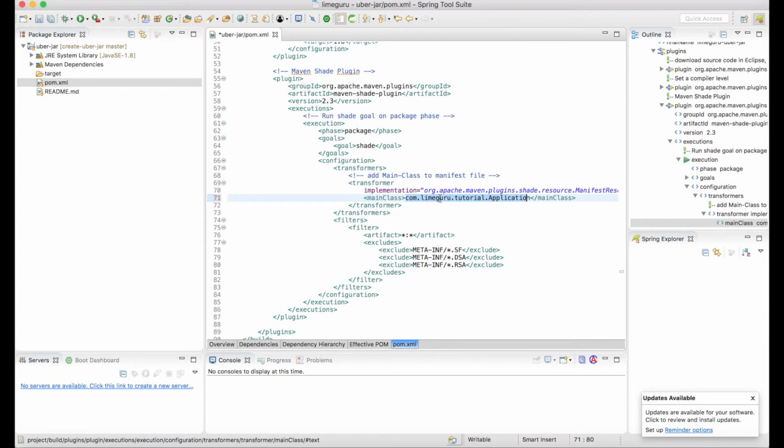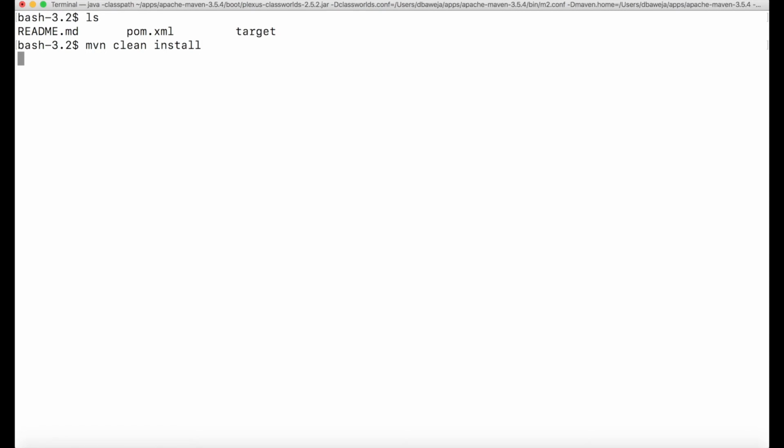So let me show you how you can build this project, and what the output will be once you build it. I'll go to my command prompt here. Let me show you the directory structure where I'm currently. You can see that I am inside the project where I have the pom.xml file and my readme.md. Let me build this project using mvn clean install. Once I do mvn clean install, it's going to generate the artifact for this project, and place the artifact into my target folder.